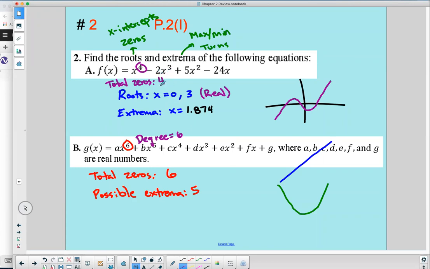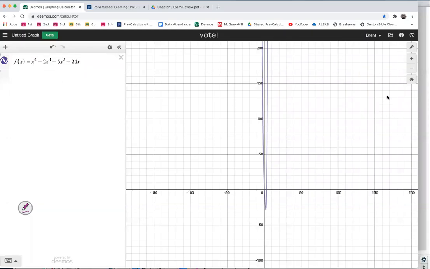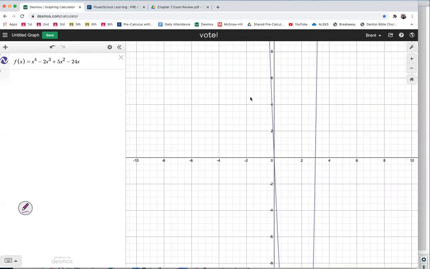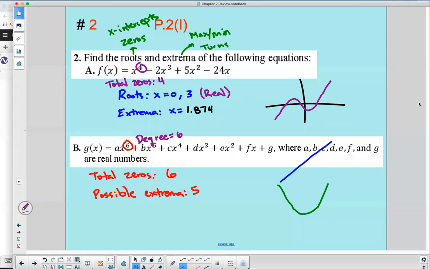If they're not real, they could be imaginary. So on this one, they were 2 real. Since we're supposed to have 4, but we only see 2 of them, that means the other 2 mathematically would be imaginary. If we solve the quadratic formula, we find out that 2 are imaginary